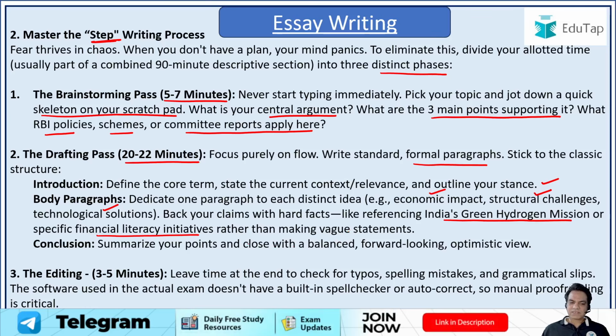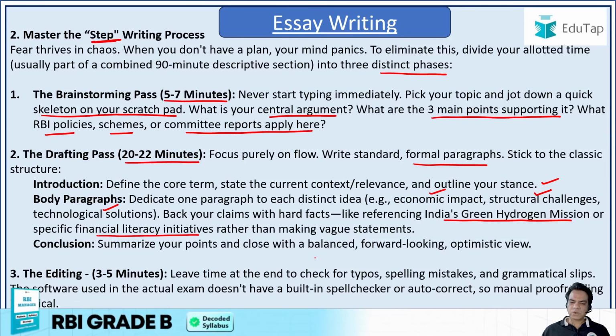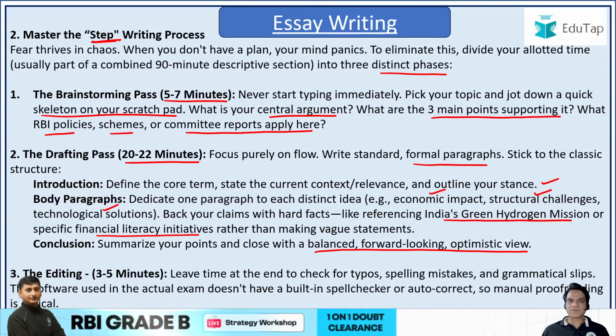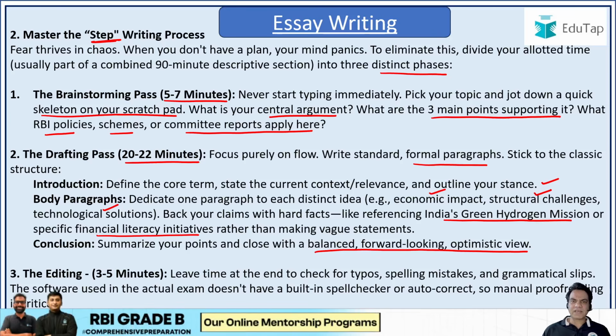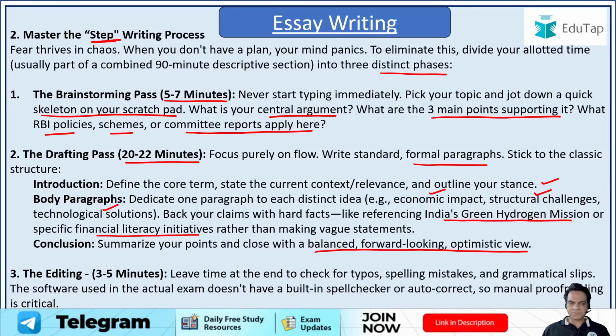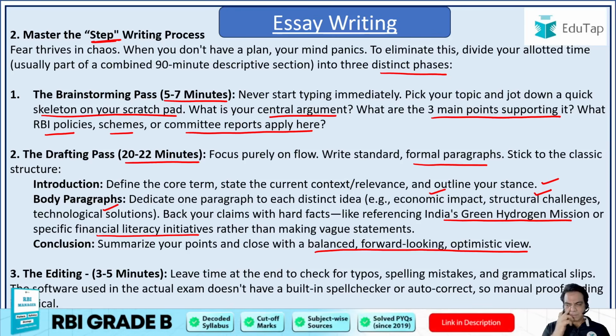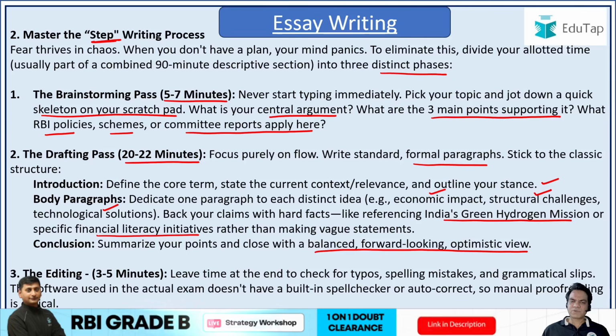And in conclusion, summarize all the points that you've written in your essay and close with a balanced, forward-looking and optimistic view, that is, basically a good way forward on what should be done in the future in this regard. So that should be a clear structure of your essay. If you want to understand what could be a detailed breakup of your essay, I have given those lectures in your courses. ICEP CSC. So ICEPs is introduction, then social angle, economic angle, then what are the prevalent challenges, what are the viable solutions, what are the political measures put in place by the government, then you give a way forward, and that is the safest way of writing an essay.